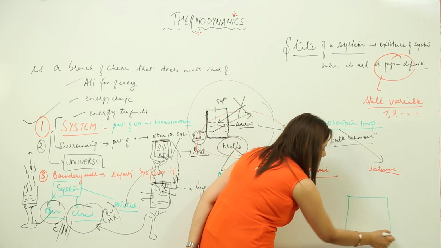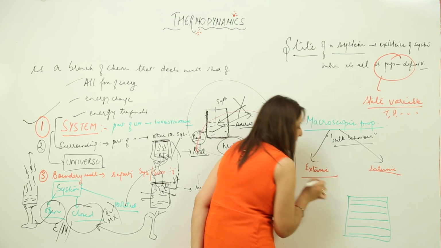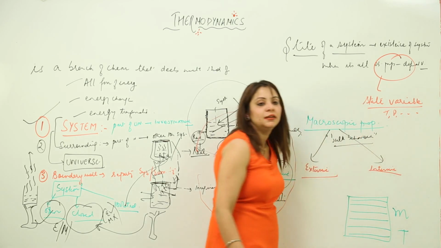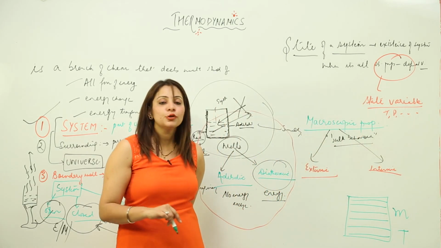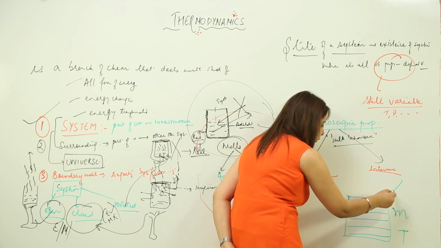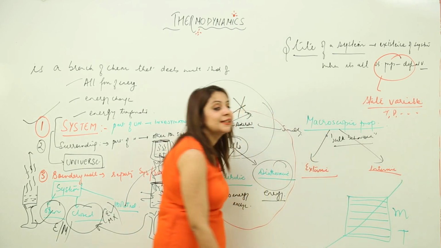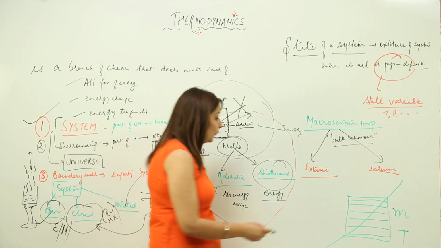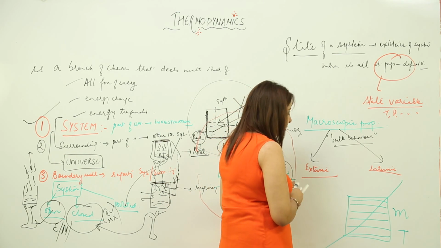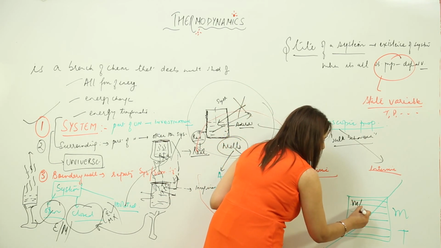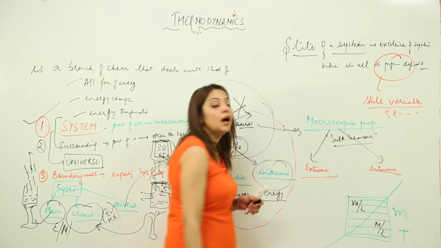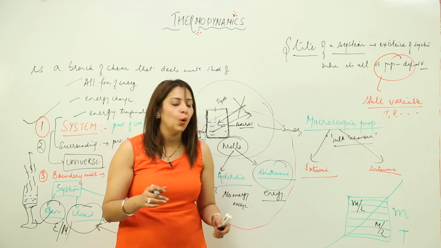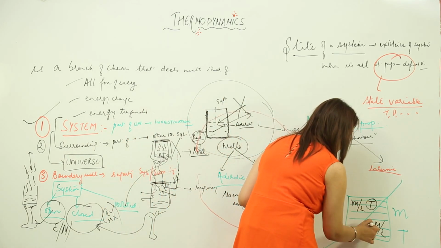Suppose I have a container and this container is full of water, right. Let's say the mass of water is m and the temperature is T. Now I am just going to divide this beaker into exactly two halves. Now, what is my new mass? Obviously, because it is exactly halved, its mass is exactly halved. And what about temperature? Is the temperature also going to be halved? No, temperature is going to remain as such, T and T.